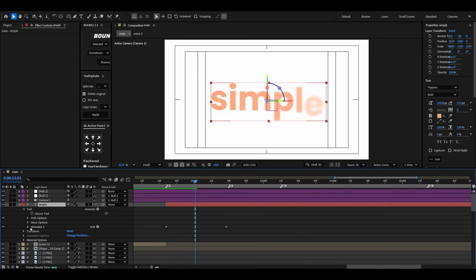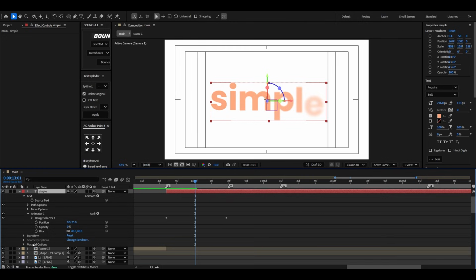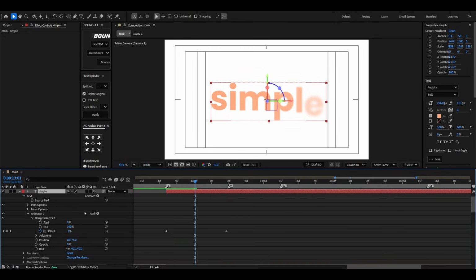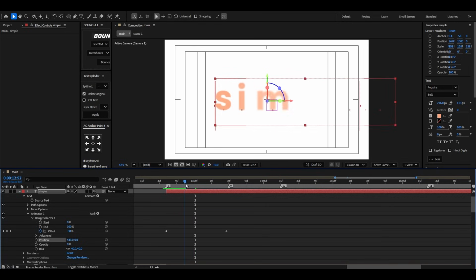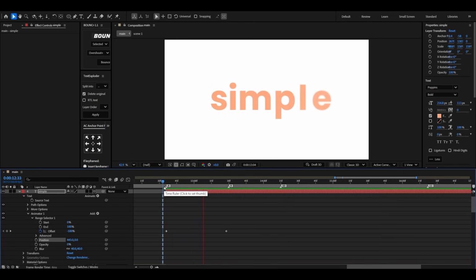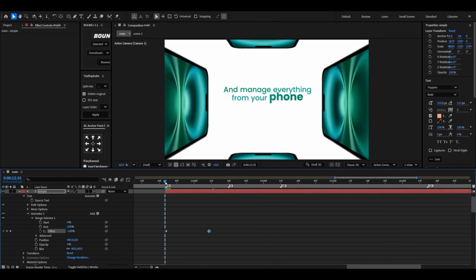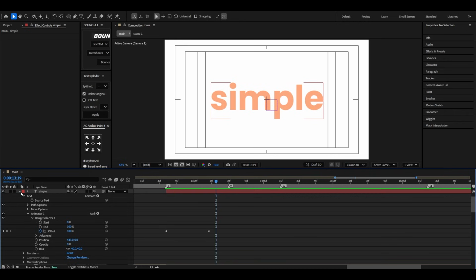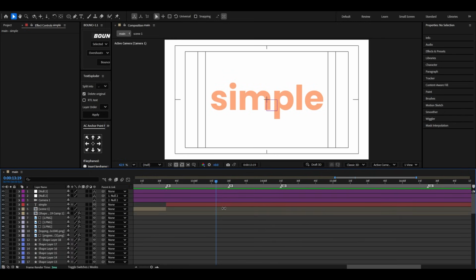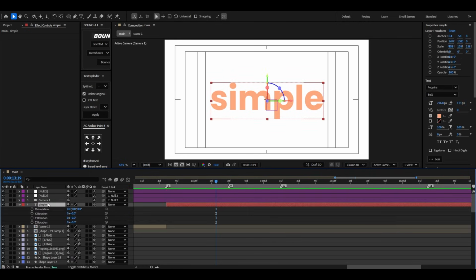Go to text, animator, range selector, change this one to 0 and this one to around 400. It's simple. Okay, now you can play with the keyframes. Okay, for the transition, we will select the layer, press R, make an orientation keyframe, and at this